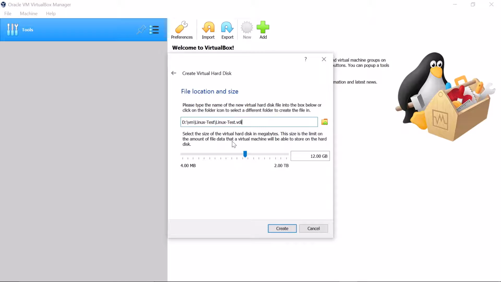and here you can see the file name linux-test.vdi, and what will be the maximum size? It will be 12 GB. We can increase or decrease from here how much space we want to allocate to this machine. So let's click on create,